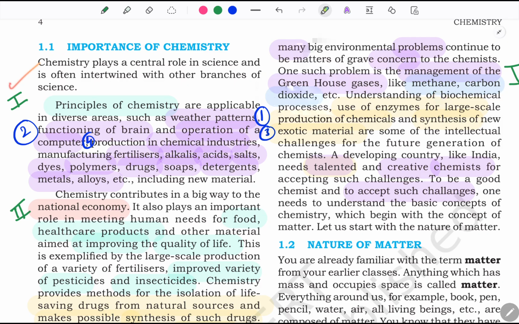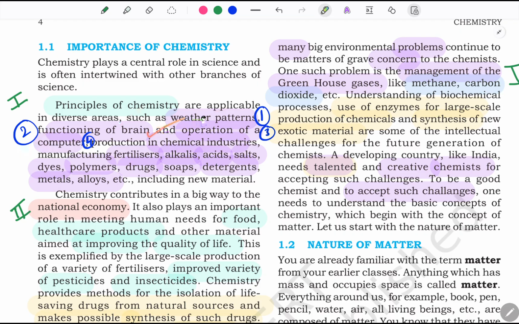The first topic, the importance of chemistry, is that chemistry's principles, whatever laws, whatever knowledge of chemistry is there, is being used in areas like predicting weather patterns, functioning of the brain, because even the neurotransmitters are there, how are they functioning? Because they are basically chemicals. Operations of a computer,